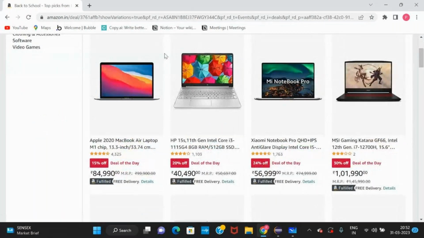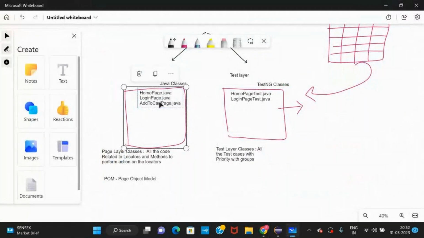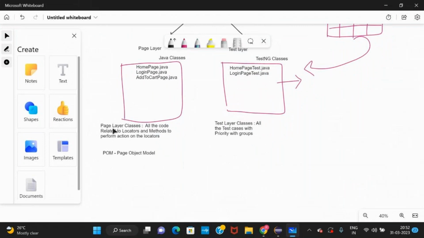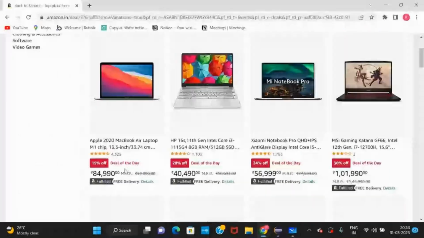For each page of an application there is a Java page. In the Page Object Model, each application page has one Java class. So Java classes are created for each application page.